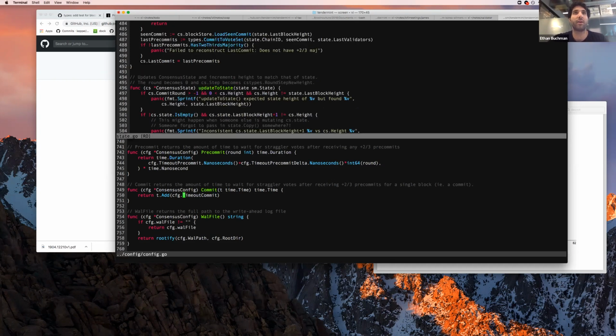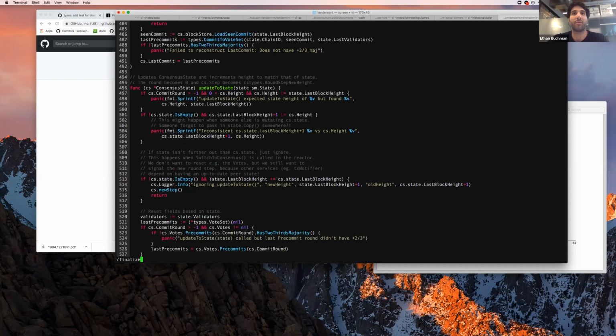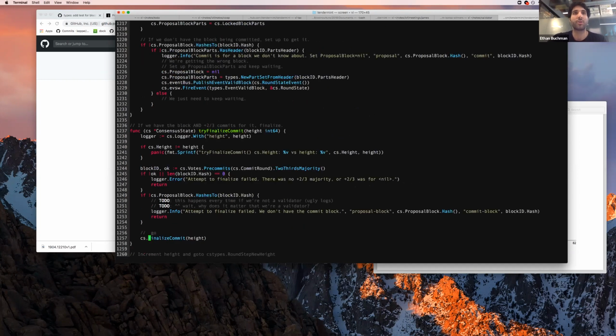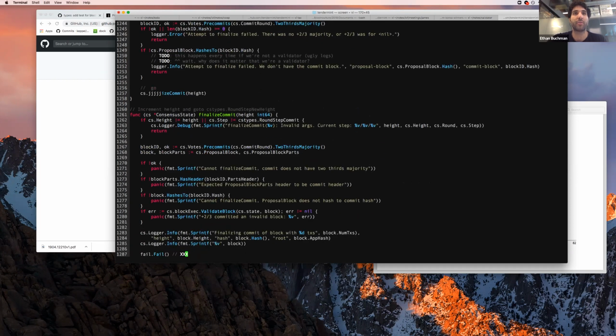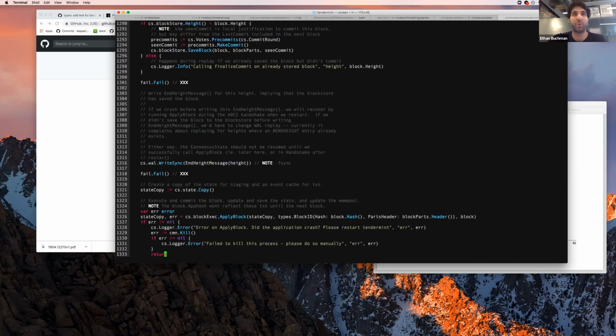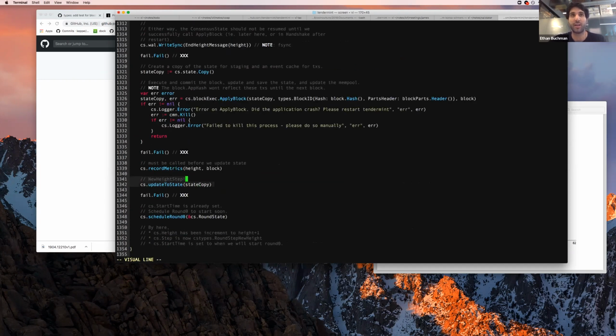So the end of finalize. So this is kind of convoluted, but let's just go for it. So here's finalize commit. This is the last thing we do when we're executing a block. And then at the end of this, we call update state, which actually mutates the consensus state to say, okay, now everything's ready. We're done. It's time to update this thing. So if we go and update that thing,